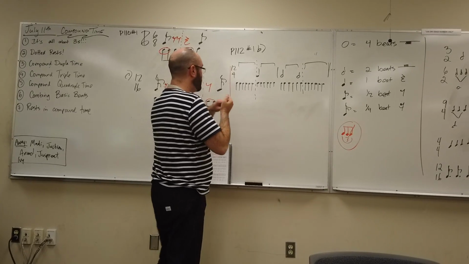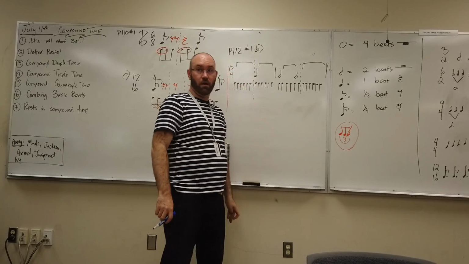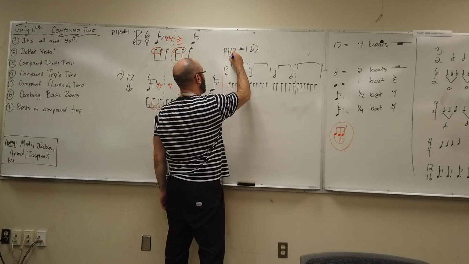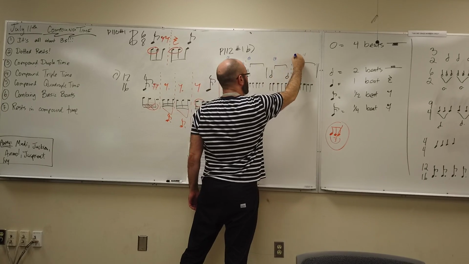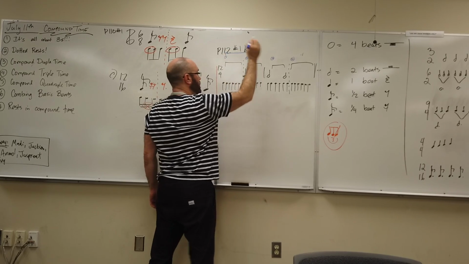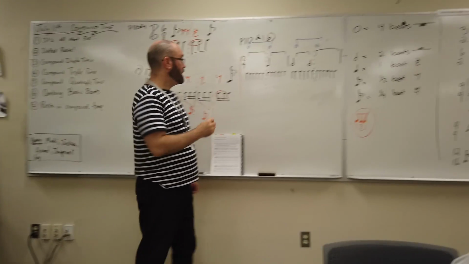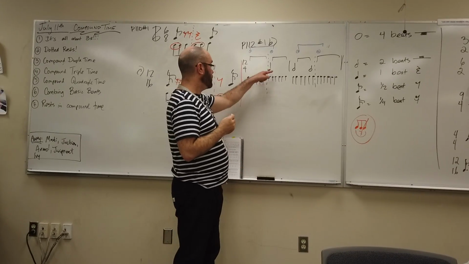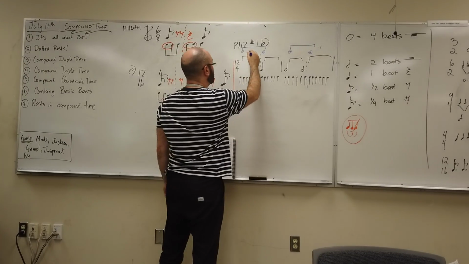let's put our thinking caps on. How many of these are there? 4. So we've kind of got 1, 2, 3, 4. If we wanted to, we could combine these two, and we could combine these two. But we're not going to be able to because there's things in them. So now we have to look at